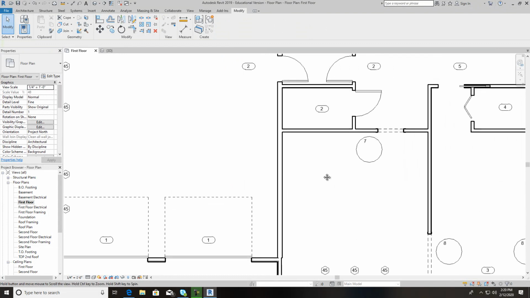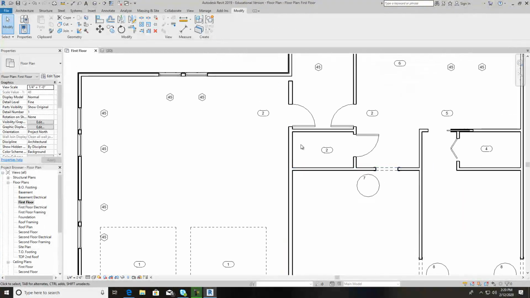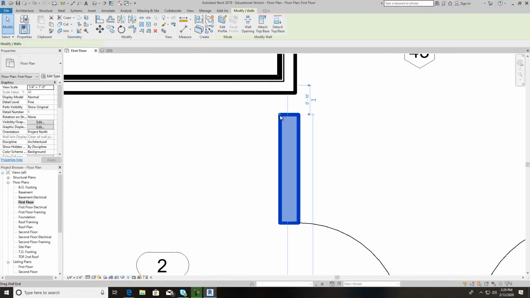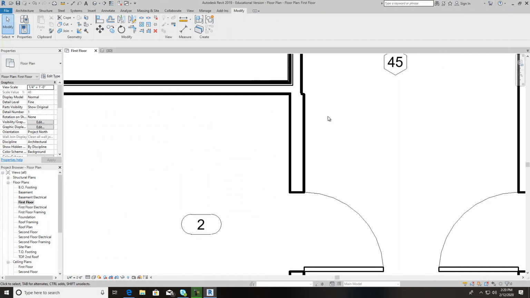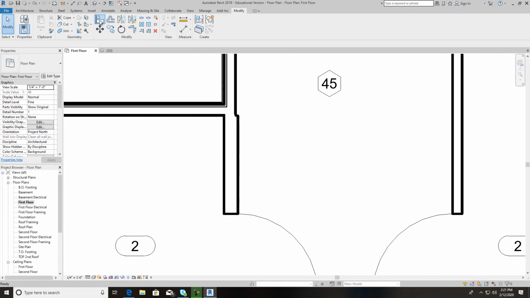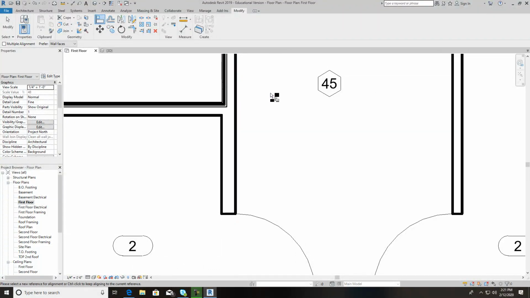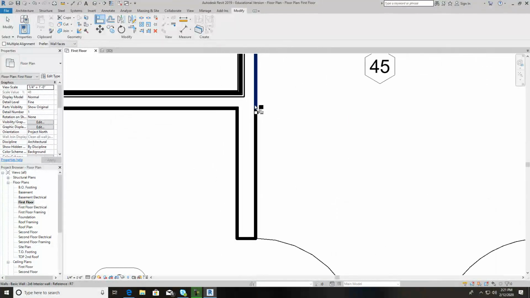And you're going to find out where it's a little bit bigger that it's not meshing up exactly according to this one. So what I do is use my align tool. I want to align that and that. I always hit what you want to align first, and it moves it over. You can actually see how it's sticking out just a little bit further than this one inside, and